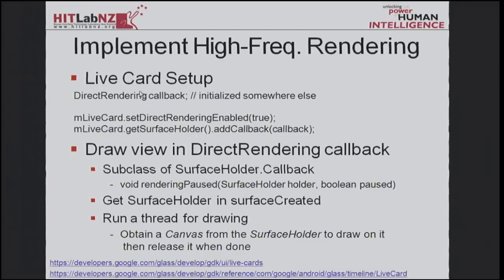create another object, which is called a direct rendering object. And by the way, for those familiar with Android coding, the direct rendering callback in the GDK is actually a subclass of SurfaceHolder.Callback with just one more method. So don't worry too much about that if you already know how to use SurfaceHolder.Callback. But anyway, you'll have to create a callback that the system calls back when you have to render something, and then you ask the live card to enable direct rendering,